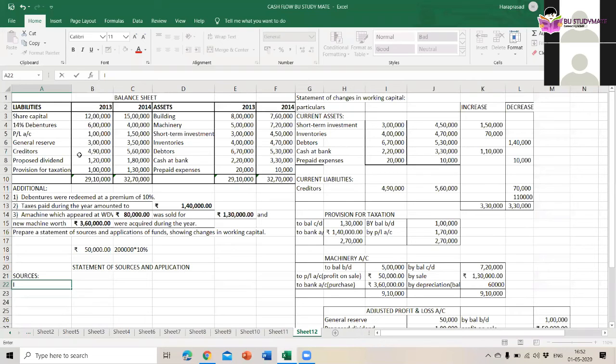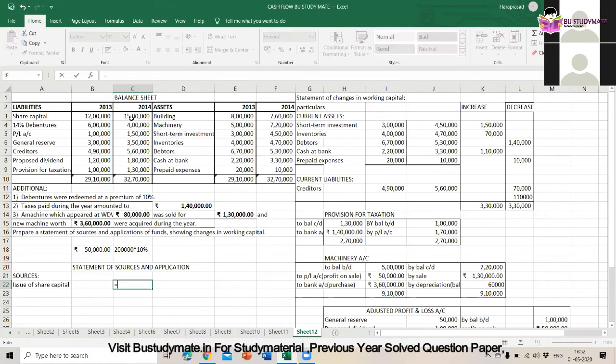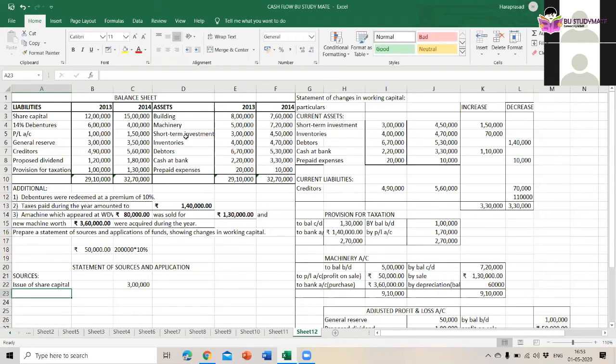Then what all we have? Debentures we have to redeem, P&L account will not come. These all things we have taken. And here building machinery. Here in machinery it is increasing. The adjustment they are given. So short-term investment will not come. Okay, then